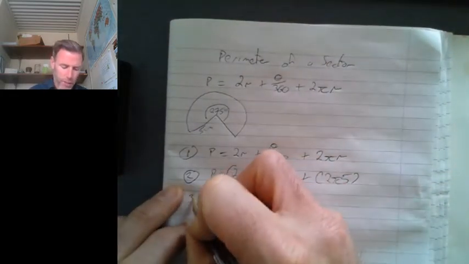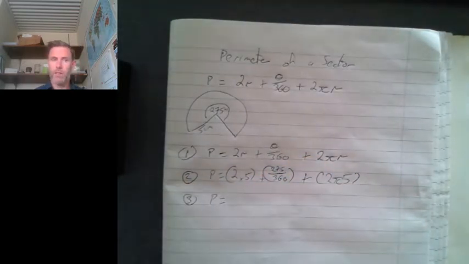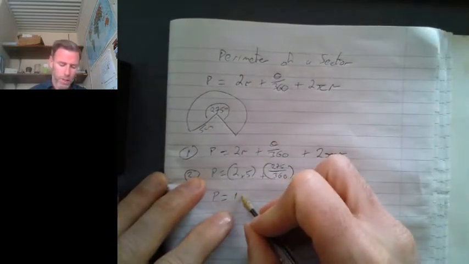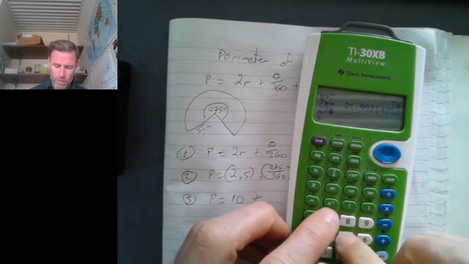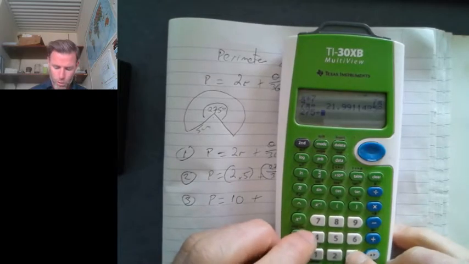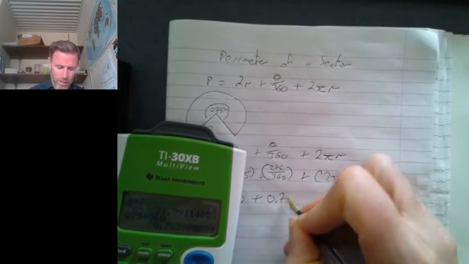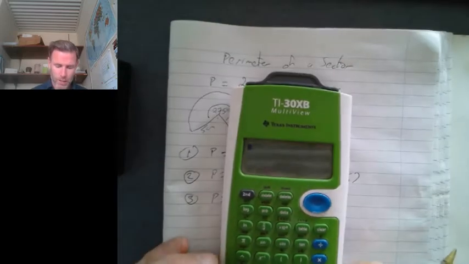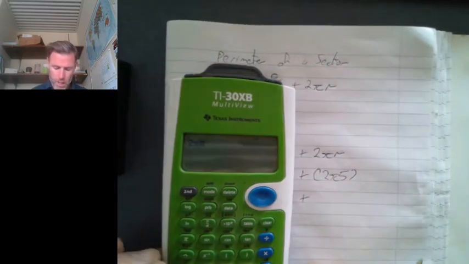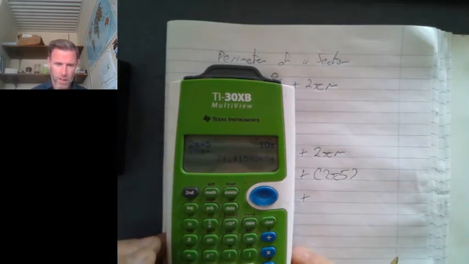You can do it in sections if you wish, and I'm going to do it in sections just because you mightn't have a scientific calculator, although you should have one, or a TI-Nspire, and therefore I'll show you in sections. So this is going to be 10, plus 275 divided by 360, which is 0.76. I'll again go to 2 decimal places, and then the last bit is again 2 pi times 5, 10 pi,